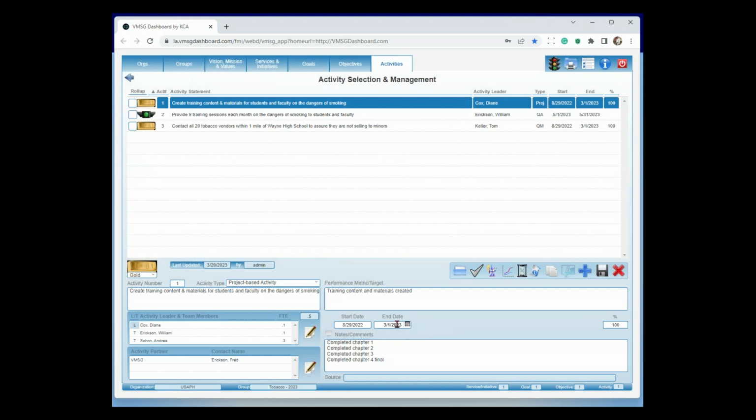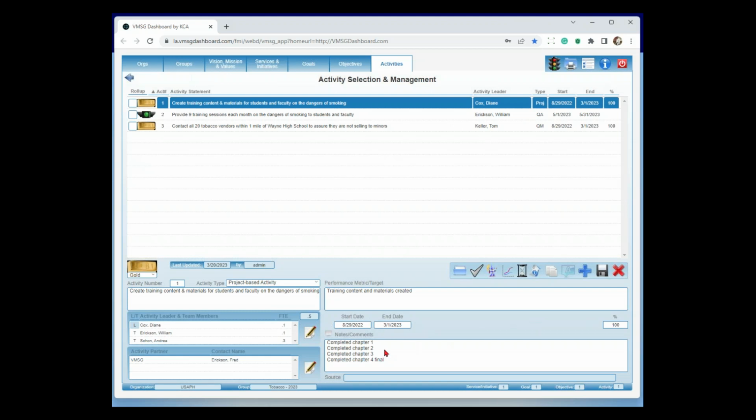And by the way, these can be varied over time depending on the situation. COVID comes in and eats up all your resources. Obviously, you're going to have to move the dates out. This particular type of activity is measured just by a % complete. So in this case, you can see down in the notes field, we had completed chapter 1 of 4. So it was probably 25%, 50%, 75, and 100%. So we're just tracking it along the path here.